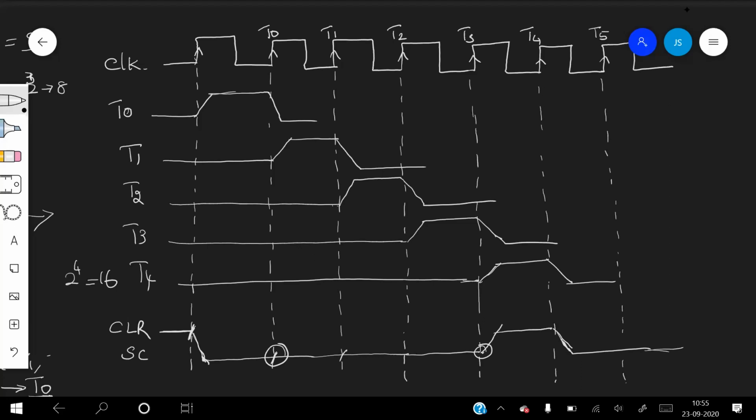And if you see the next cycle, at time T4, the clear control is active. At this point it is active, so it needs to be cleared and the control signal T0 needs to be active. So here T0 gets generated. And in the next cycle T5, the clear control is low, and after T0 when you increment you get T1, so the control signal T1 is active.